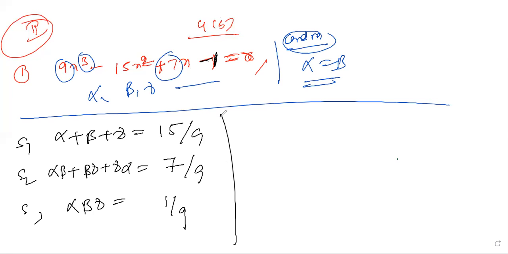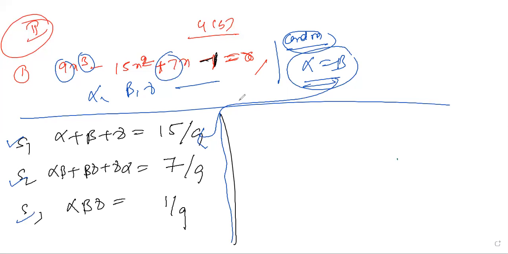After writing S1, S2, S3, what you have to do is apply your condition. Substitute alpha, beta, gamma here. Use whichever equations will be easy for you. Here we are not specifically told which of S1, S2, S3 to use. The options are yours. Whichever is comfortable for you, you can use.